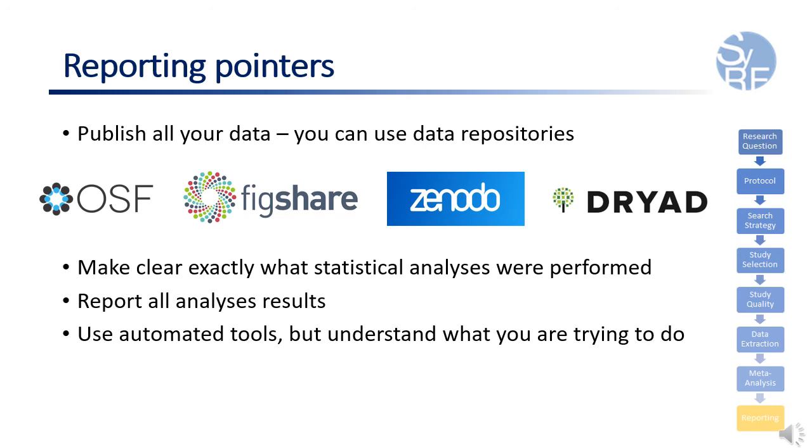This enables reproducibility and reuse of the data you have collected, reducing research waste and promoting collaboration. You can also increase the reproducibility of your work by making clear exactly what statistical analyses were performed and reporting all of these analyses results to the extent that it could be repeated by another researcher. Otherwise, you might misinterpret your work and mislead other researchers reading it. And remember, science is only useful to your field if it is robust, transparent, and reproducible. Make use of automated tools to help you complete your work quicker, but also understand what these tools are doing and how your data is being transformed. Otherwise, you might be misinterpreting your results and misleading other researchers.